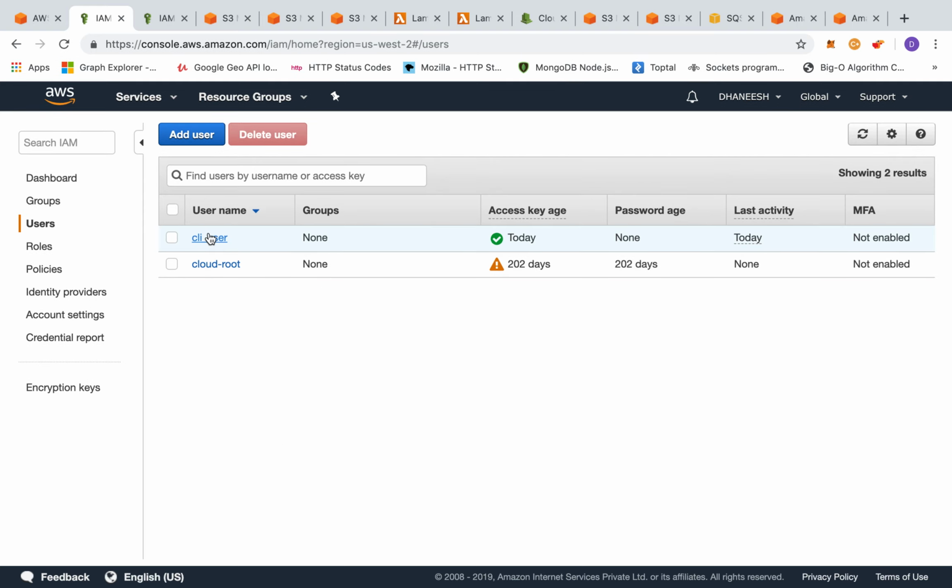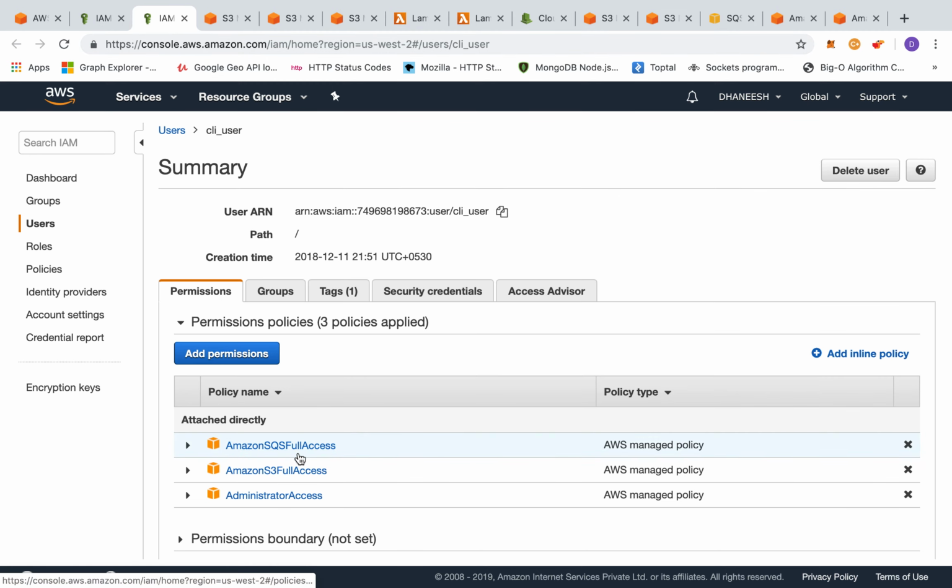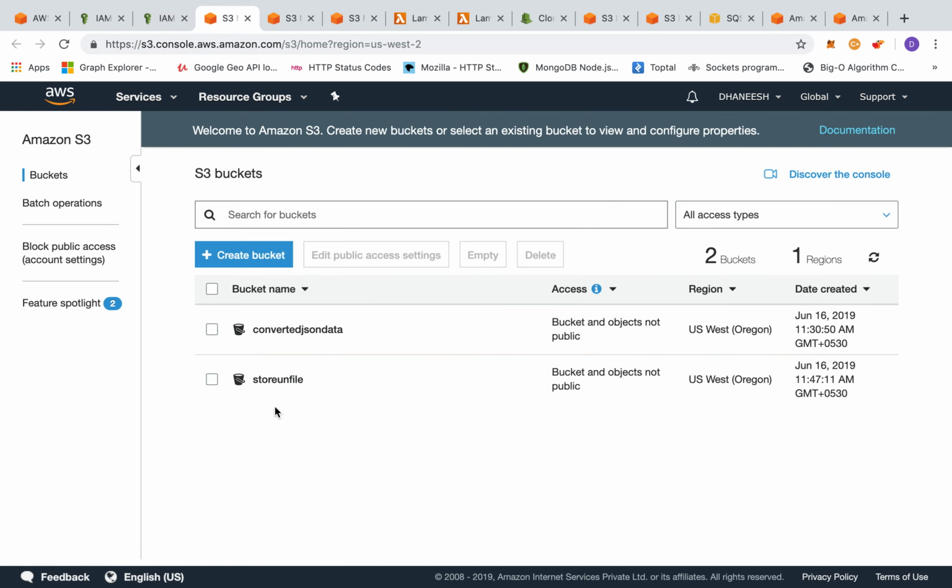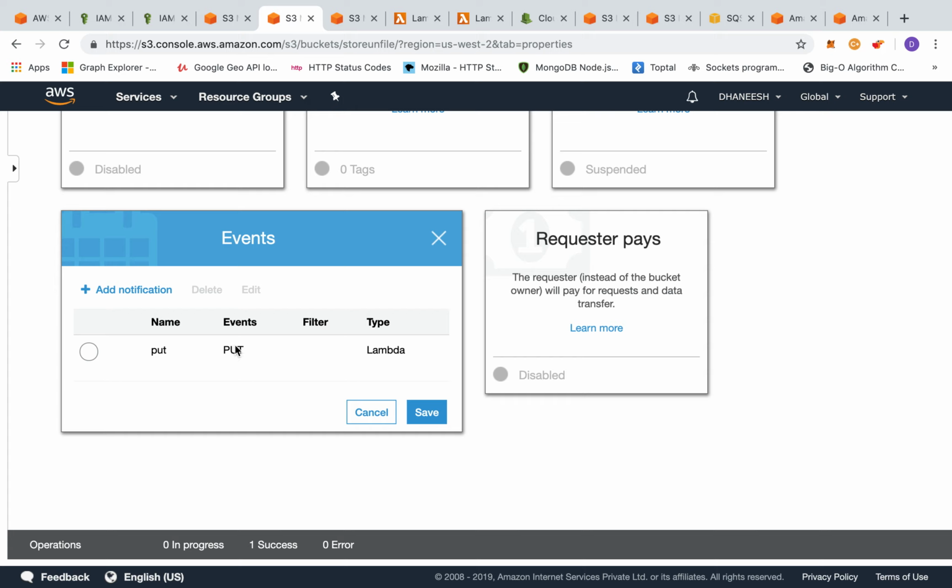Here we have created one user called CLA user, who has access to Amazon SQS, S3 full access, and administrator access. We have two buckets where we are storing the PDF files. They will be uploaded into this bucket, and when converted to JSON, they will be stored in this bucket. With respect to this topic, we have associated the event trigger called put,